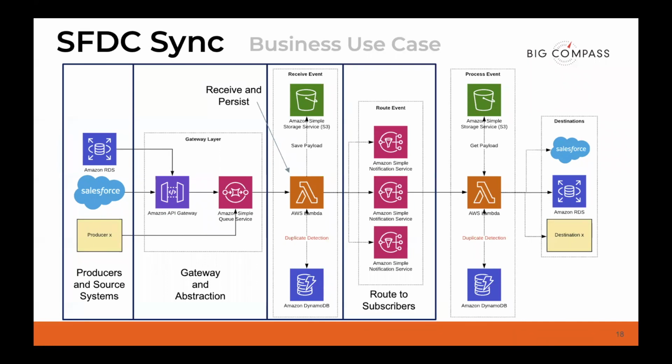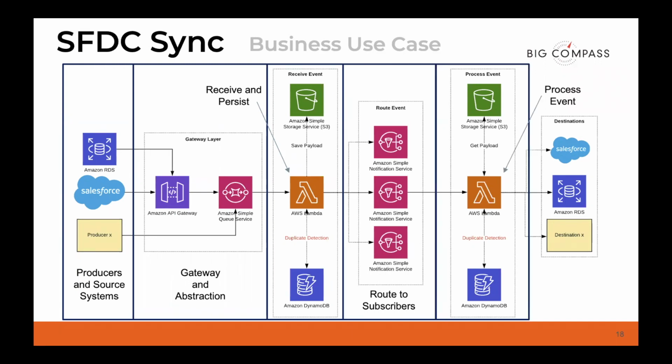But our fourth layer here now is our routing layer. And we have a bunch of AWS SNS topics set up to do our routing. So we can easily hook in subscribers to certain events based on the events that are coming through our platform. What's great about these topics is you can have X number of subscribers to, let's just say, any Salesforce event that comes through the system.